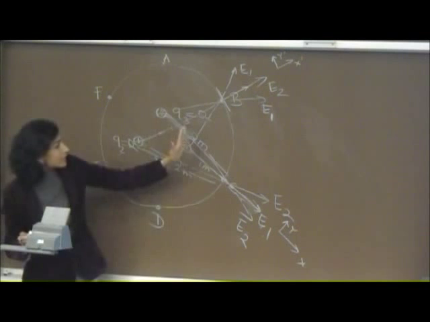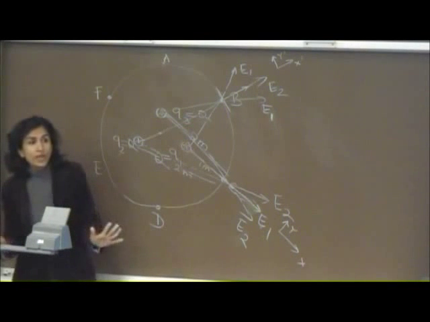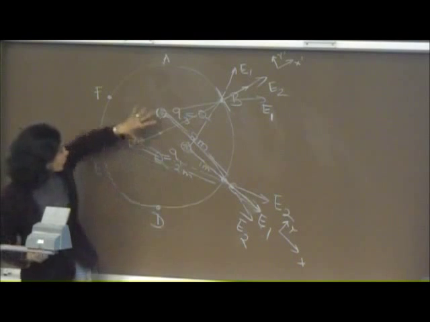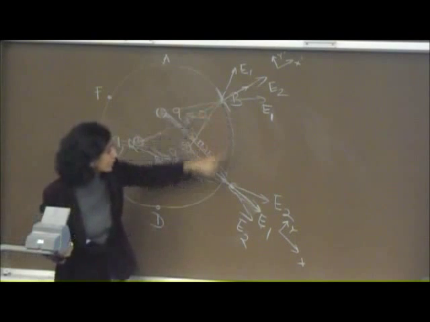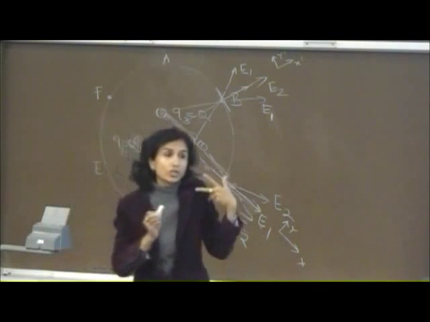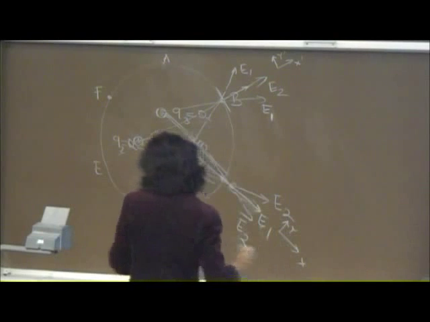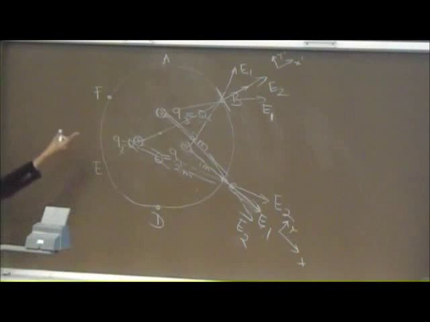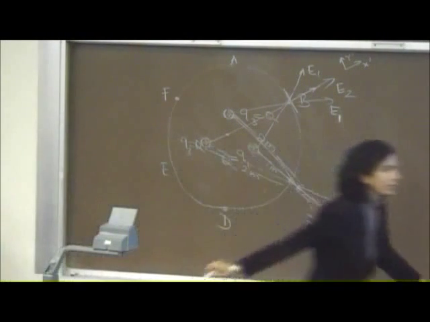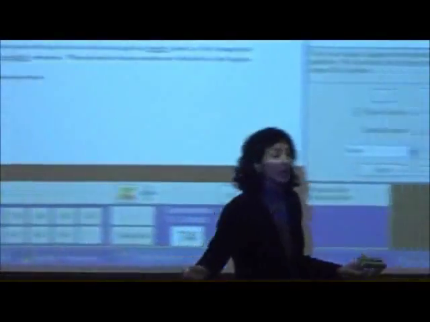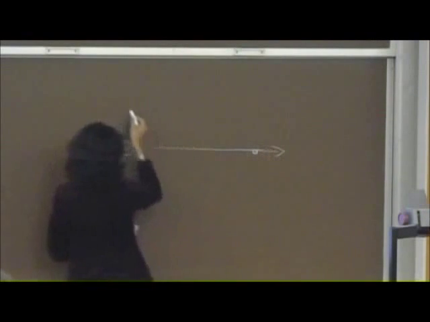All you can say by looking at this is that there is no way that in general, regardless of what these distances are, regardless of the radius of this circle, the electric field at this point and this point will work out to be the same. You have to just know this from vector addition, from physics 1 and physics 2, that there is absolutely no reason for you to believe that if you have one vector like this, you have to find the net vector here at this point due to some vector here,